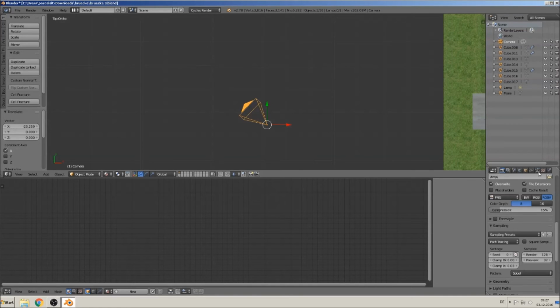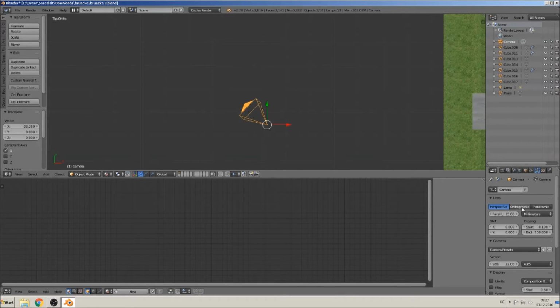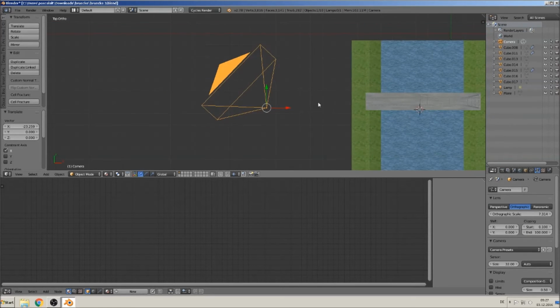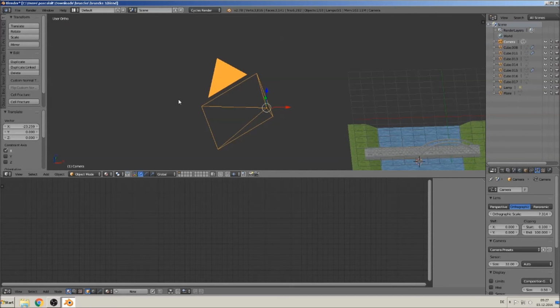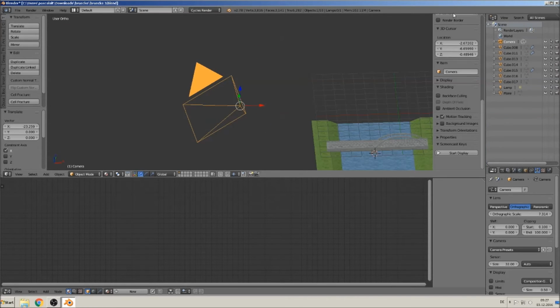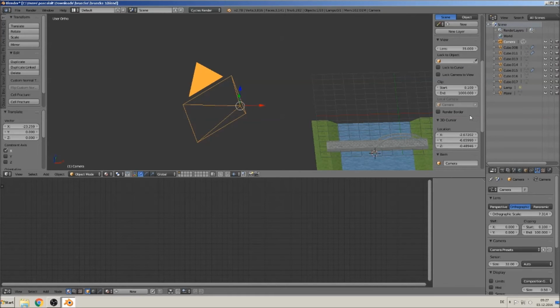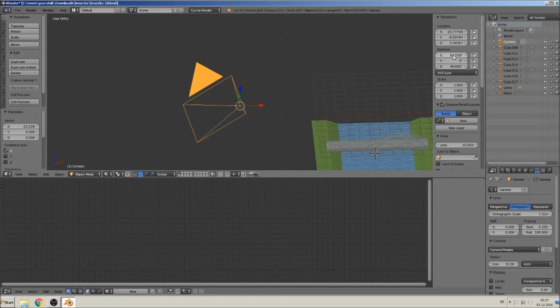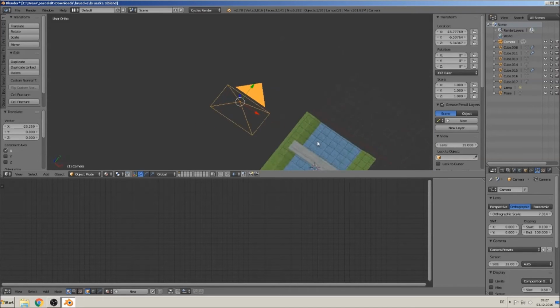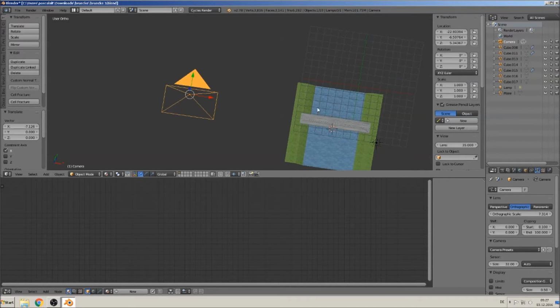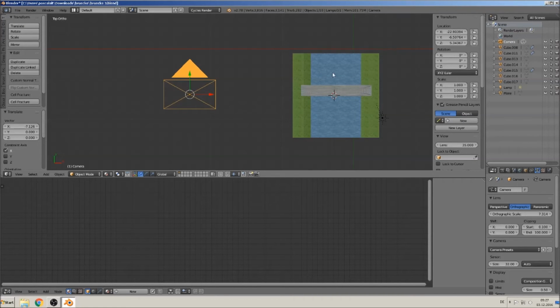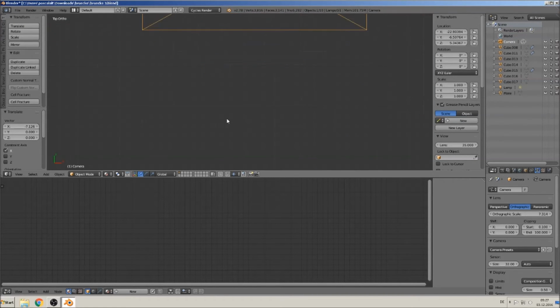So we go here to camera, we need an orthographic view. We must reset all that we rotated. So we go with N in the panel, and there you can see the rotation. We make it all 0, so it looks straight down. Then we go to top view